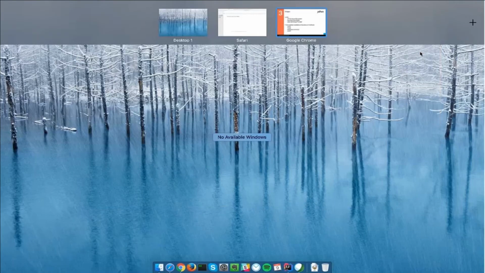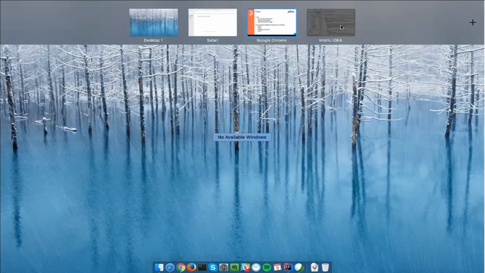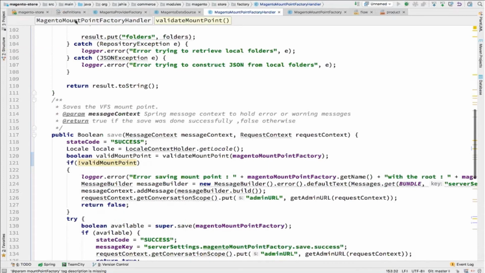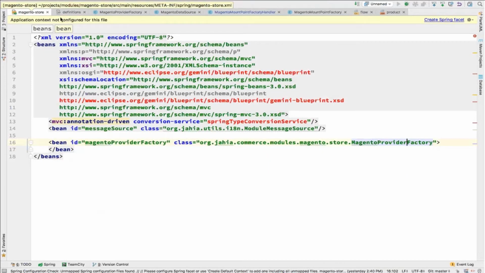So I'm going to show you the code a little bit. This example is a Magento mount point factory. It's using the factory implementation, which is a little bit more complex than just implementing a provider, but it will allow your user to have access to a wizard.